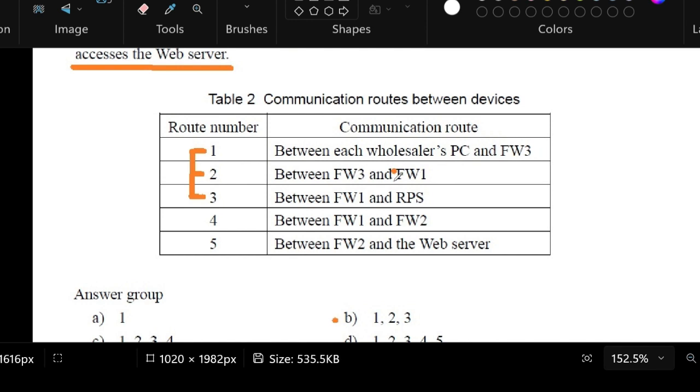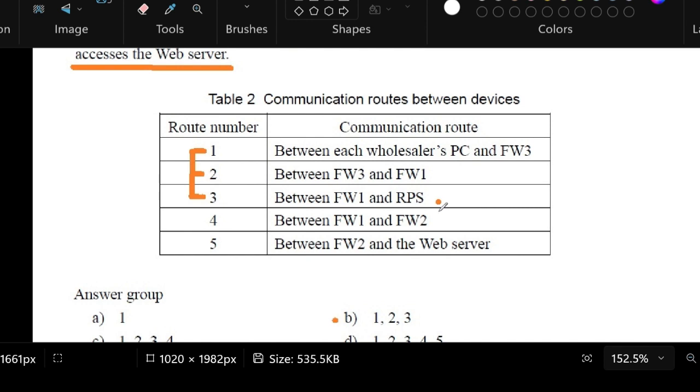And then next, from the wholesaler's PCs firewall going to the next portion, FW1, firewall 1, that again has the HTTPS protection. And then from FW1, once it goes to the RPS, which converts the HTTPS to HTTP, it will lose the protection,